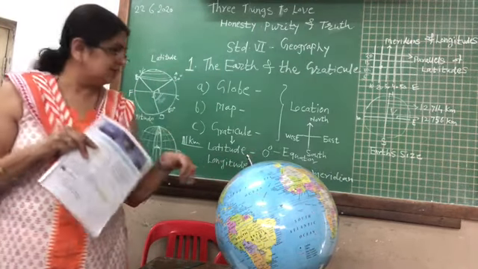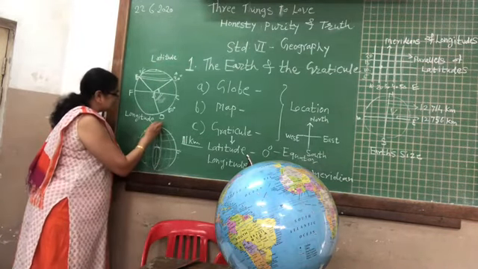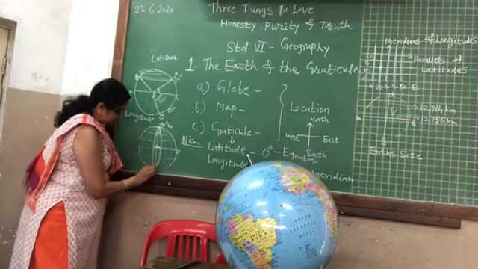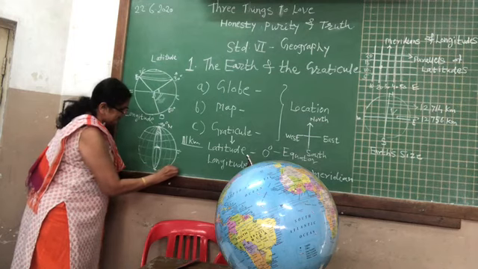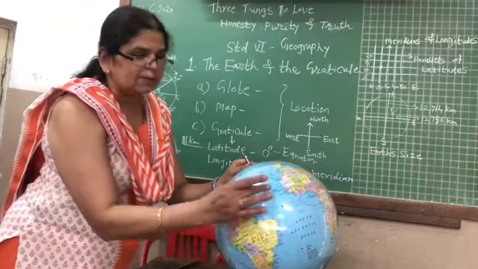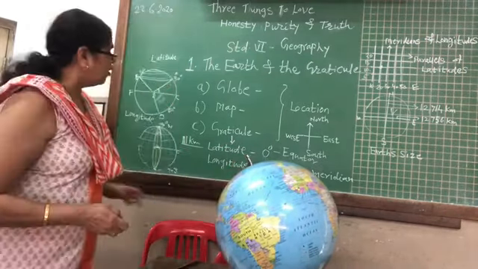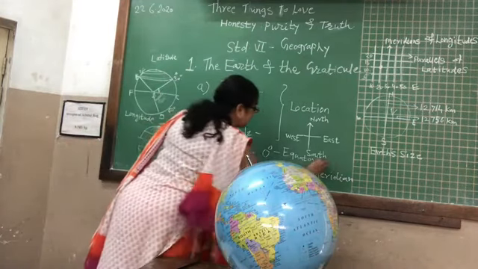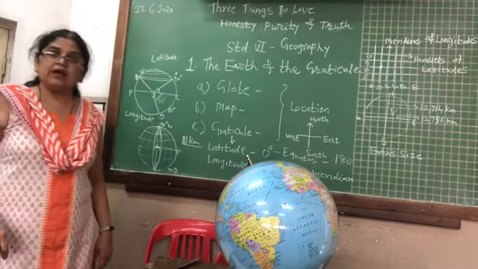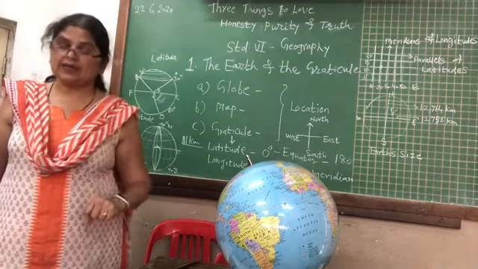How many parallels? We often say that this parallel is the 90 degrees, the point which is called the 90 degrees north, and this point I call the 90 degrees south. So what is this 90 degrees north and 90 degrees south? It means from 0 degrees there are 90 and from 0 degrees there are 90. So how many latitudes do we have? We have 180 latitudes on the globe, which are the parallel lines.